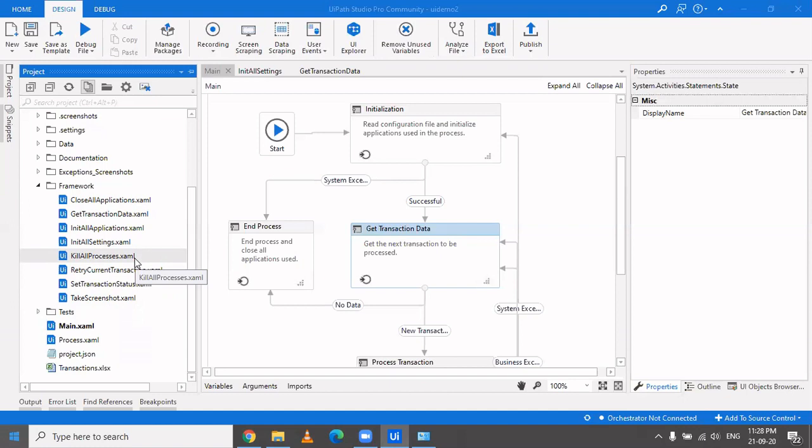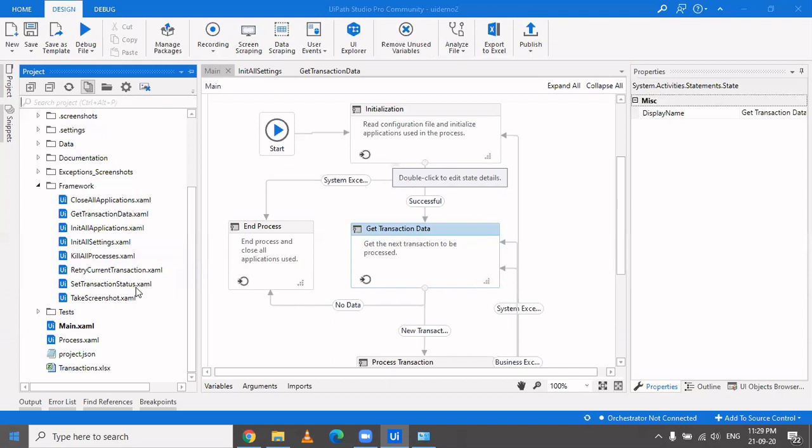See, the best practice I usually follow is, suppose you have Outlook or SAP involved in your process, you usually kill all those processes before actually processing anything. So in the init state only, before reading the config, usually because all these things you have to close are stored in the config. But that's not necessary, because if you already have the config open, then your process is not going to run. It won't be able to read it.